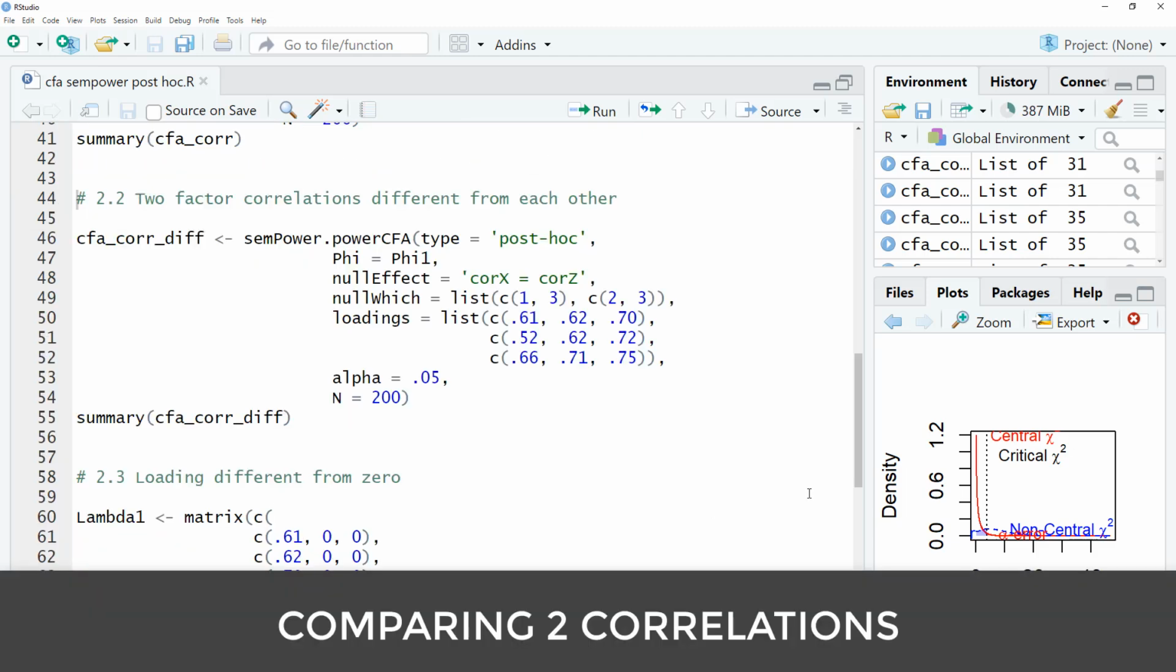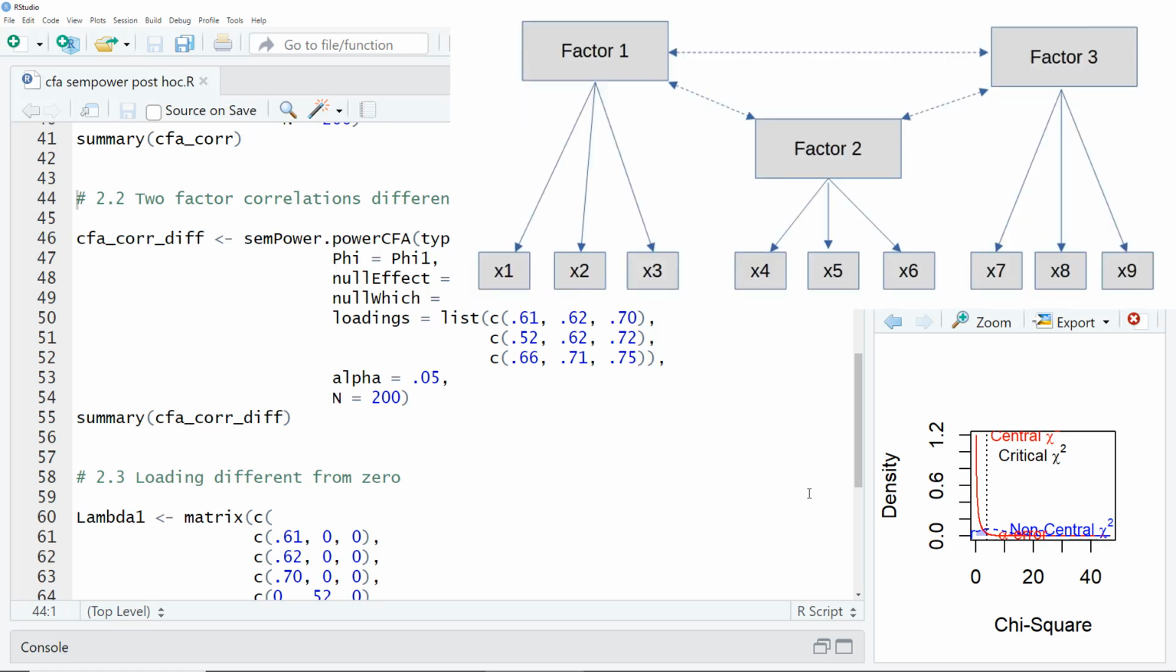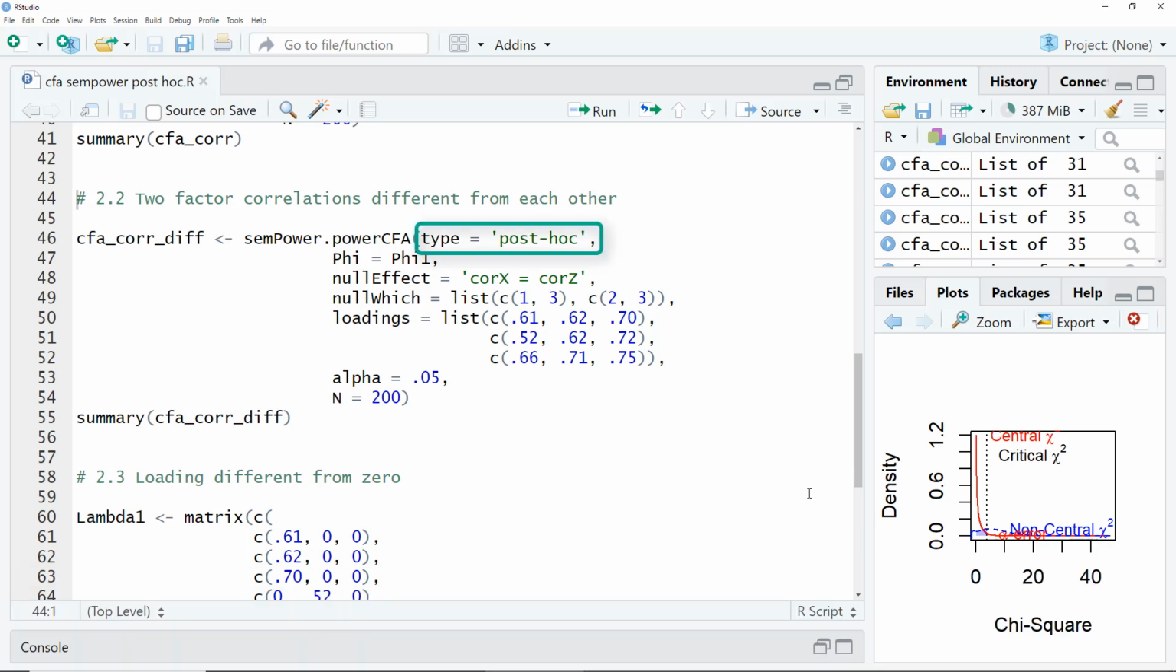The next possible post-hoc power analysis is about the comparison between two factor correlations. Let's say for our hypothesis we wanted to compare the correlation between factor 1 and factor 3 to the correlation between factor 2 and factor 3. For that again we use the function semPower.powerCFA, type post-hoc,